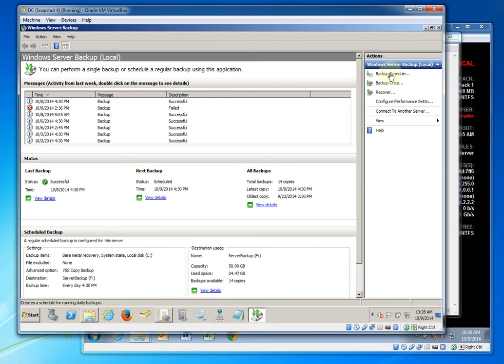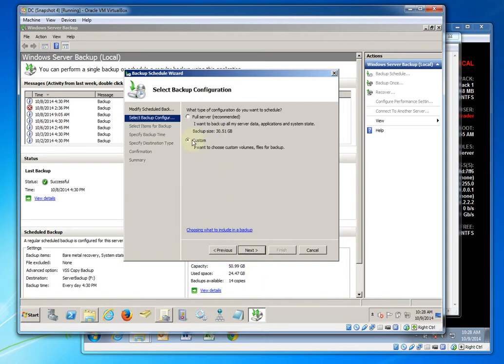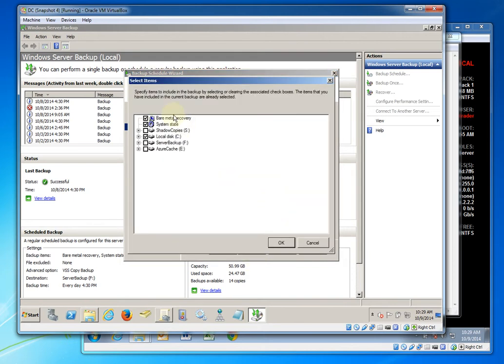So in this case, what I've done is I've used Windows Server Backup, which is a feature that you can just install in Windows 2008 R2 Server. And I've created a backup schedule that basically creates a bare metal recovery, which includes the system state, the local C drive, and some files needed for bare metal recovery. And I've basically gone through this wizard, selected a custom job, clicked on Add Items, then selected the bare metal recovery, which includes the system state, the bare metal recovery item, and the C drive,